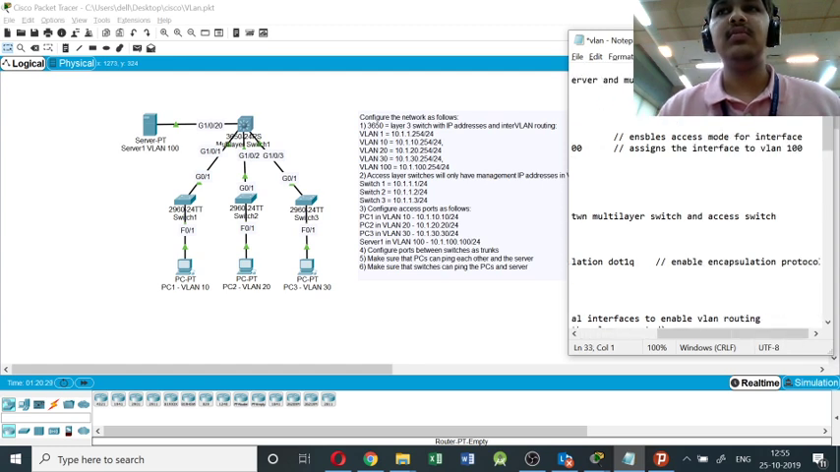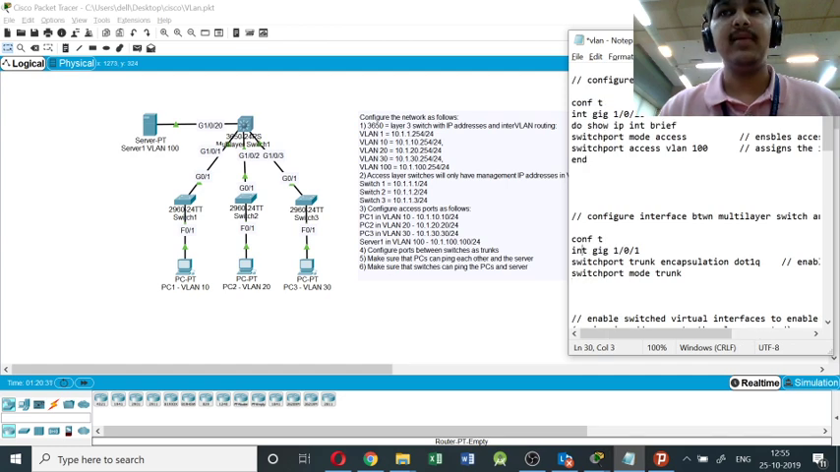Configuring the interface between the multi-layer switch and the access switch 1. We type config t, then we write the interface name, that is gig 1/0/1, which can be seen from here, and then since it is of type trunk, we write switchport trunk